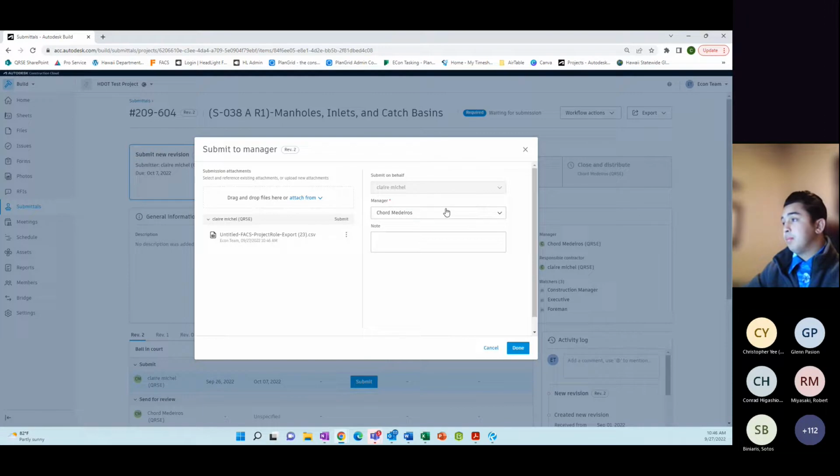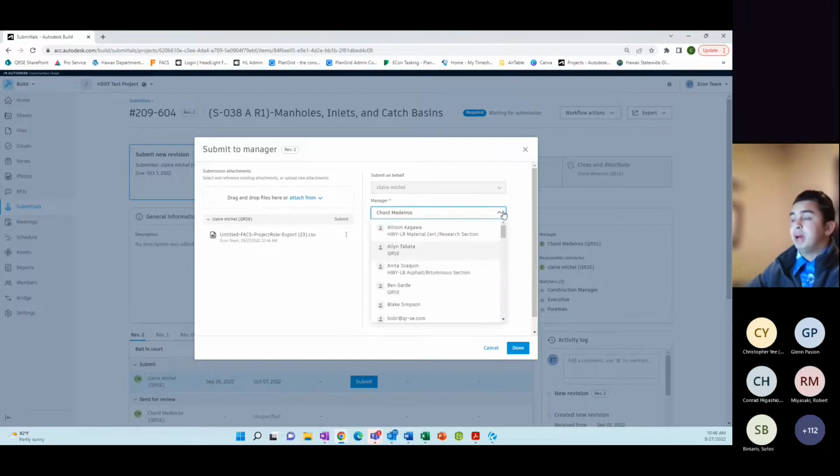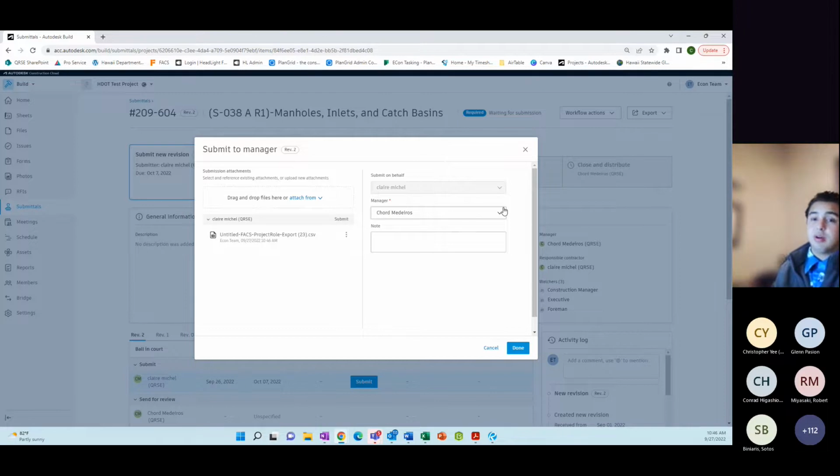Then you're going to put who you want to submit it to. So what manager do you want to submit it to? This is not necessarily who is going to review the document. This is just the manager, the document manager in this project. So it would be good to clarify on your specific project who's the document manager, who's managing submittals, so that you can send it to that person every single time. Because of what this manager will do. So if I go here and I press done,